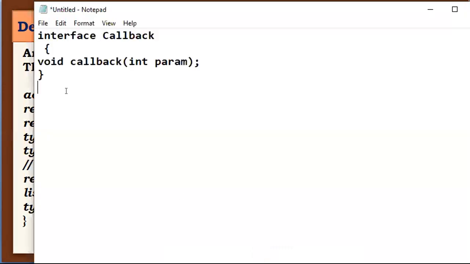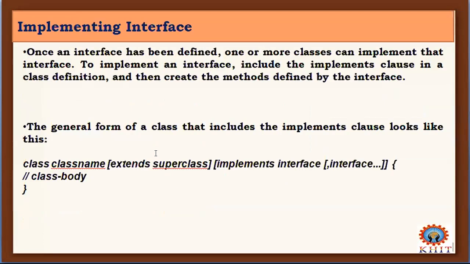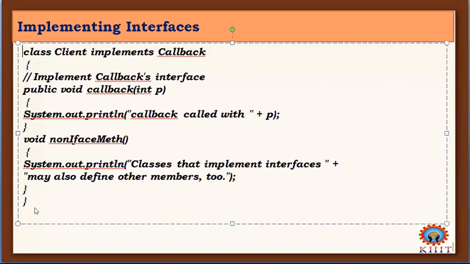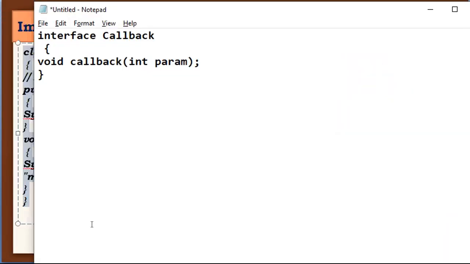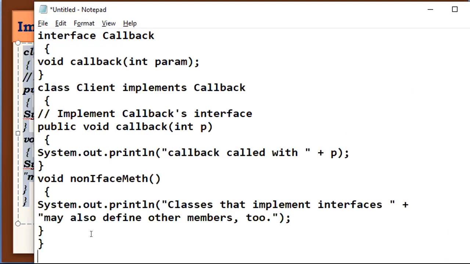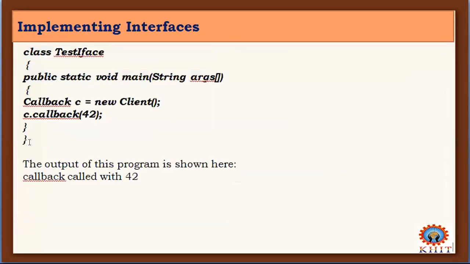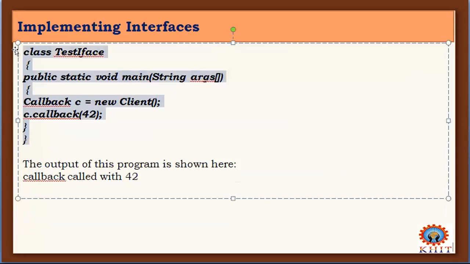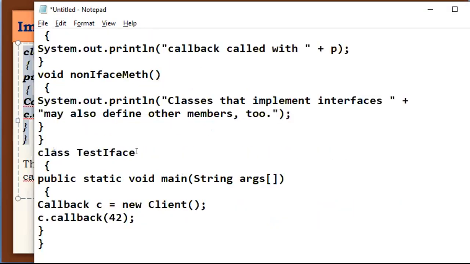Then you need to write this Client class. And then we need to write the main class where the main program is stored. So this is class TestIface. I need to save the program with this name, TestIface.